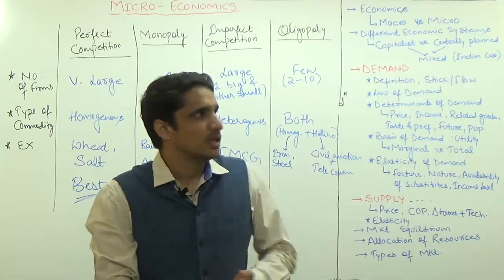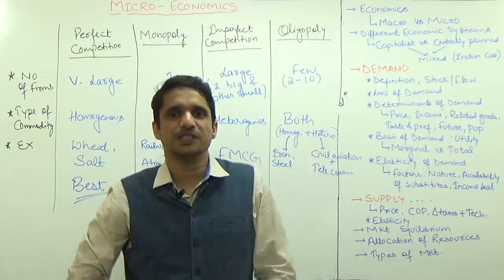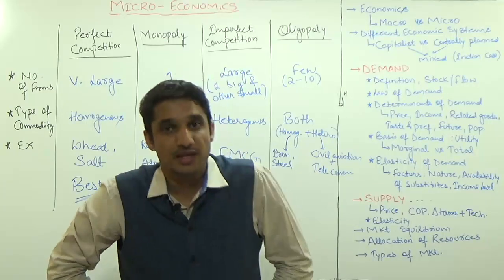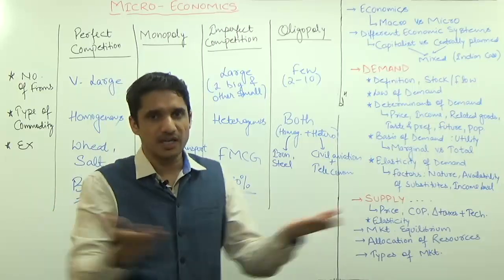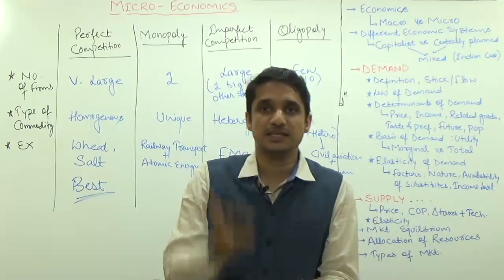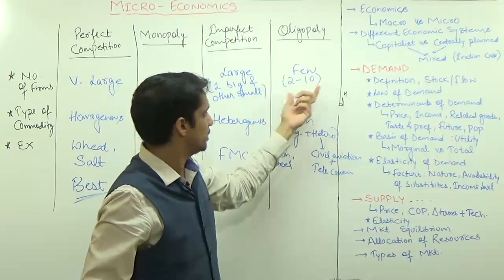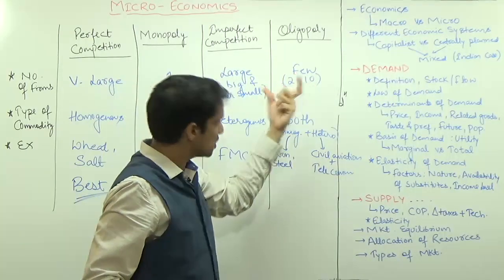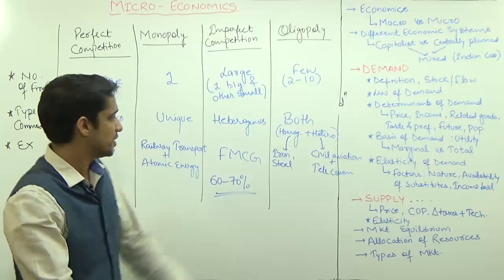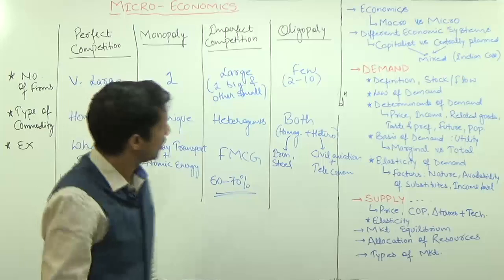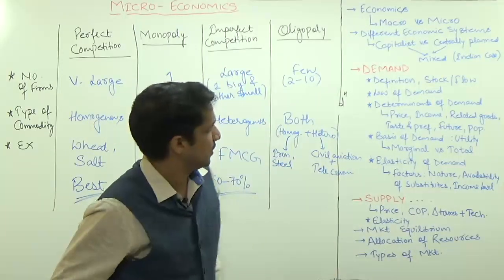And in case of oligopoly, it is not that good for any economy because they can form a cartel. Just like the insurance companies, the Competition Commission of India said that even the government companies created a cartel and nobody was decreasing the insurance premium. So if there is oligopoly, with 2 to 10 companies, there is a risk associated with cartelization. So it is not that good for the economy. These are some topics related to microeconomics.